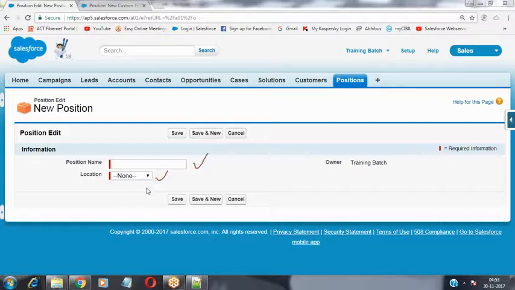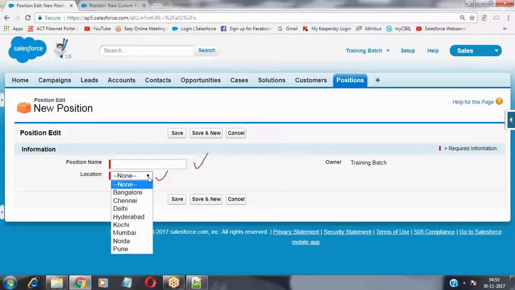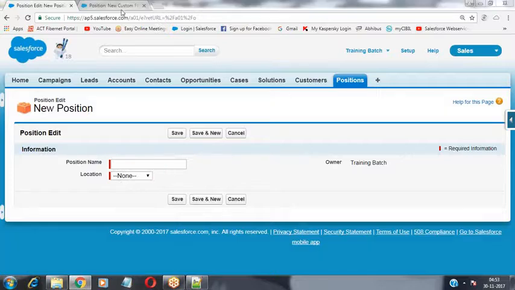So now inside this location field, what values are there? Whatever location values that you have entered, all those values are available in sorting order. These are the values that we have entered, so all these values are available in sorting order to you by default. And this field is mandatory. It is displaying with that red bar symbol, which indicates this is a mandatory field over here.